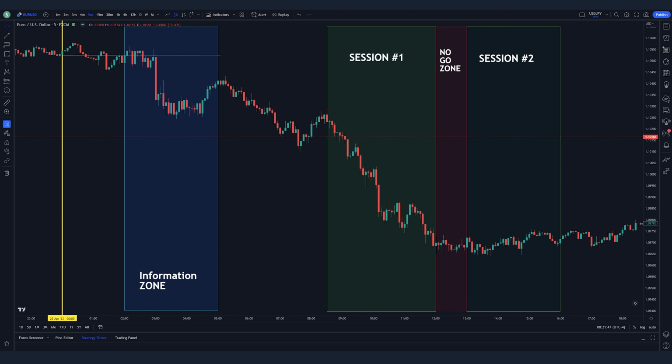Okay, so what's the logic behind all this? Midnight is the hour where all algorithms are getting restarted and the new day starts. And at midnight, no one actually knows what the markets are about to do next, so we just sit and wait. From 2 AM to 5 AM, it's a tradable zone, but riskier because we have less information about the day and our bias or opinion about the day is still weak.